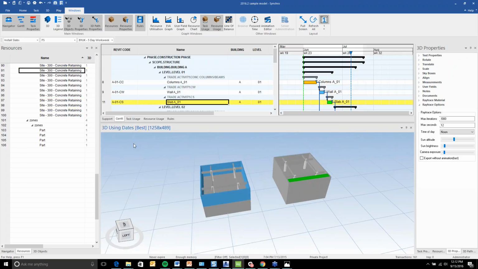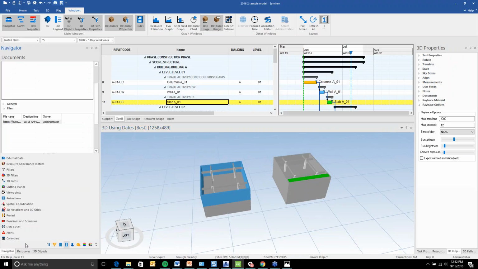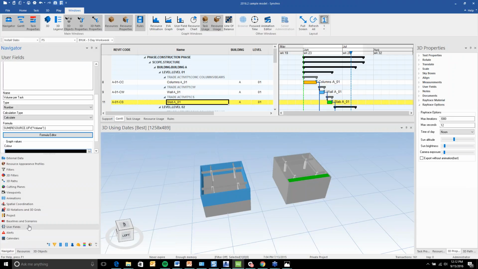Okay. The next subject is a big one. We think this is going to have a lot of impact if you're working with well-formed BIM data, and this is the ability to calculate user fields from other user fields and do automatic summation of values, for example. The example I want to show here would be